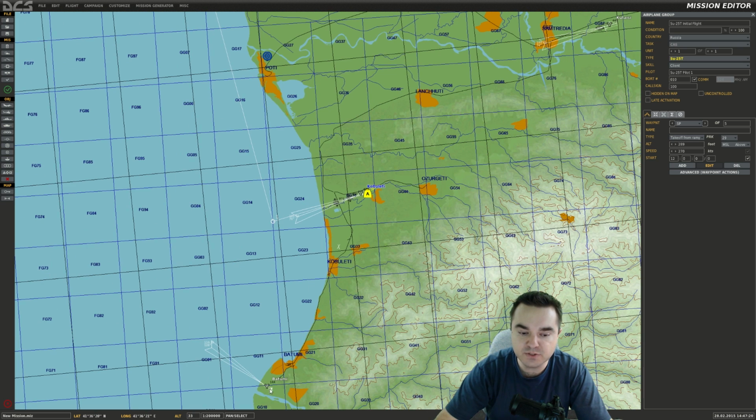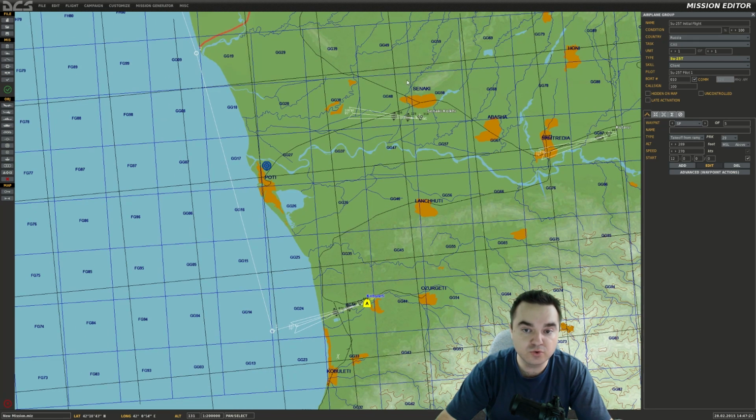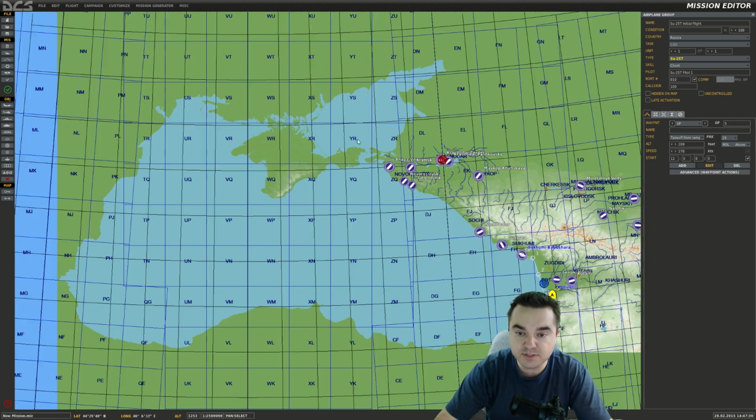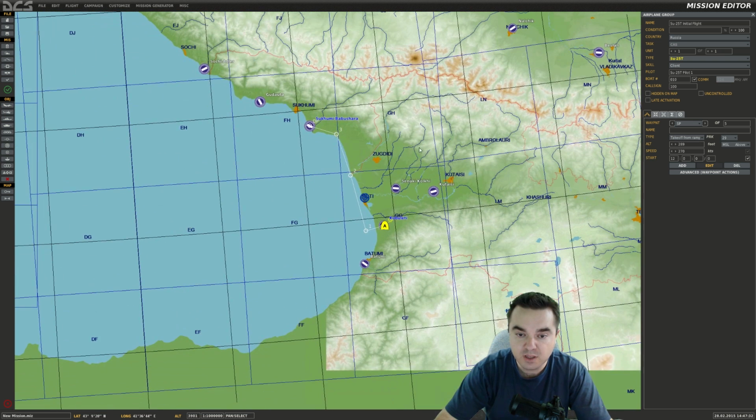You'll notice Batumi is still white, indicating it's a neutral airport. Sanaki, Kataisi, those are all neutral airports. Kabuleti is now a Blue Force airport, and Sakumi is also a Blue Force airport. All the rest of these are neutral. Now, if you wanted to change the affiliation of an airport, you can always click on the airport icon,